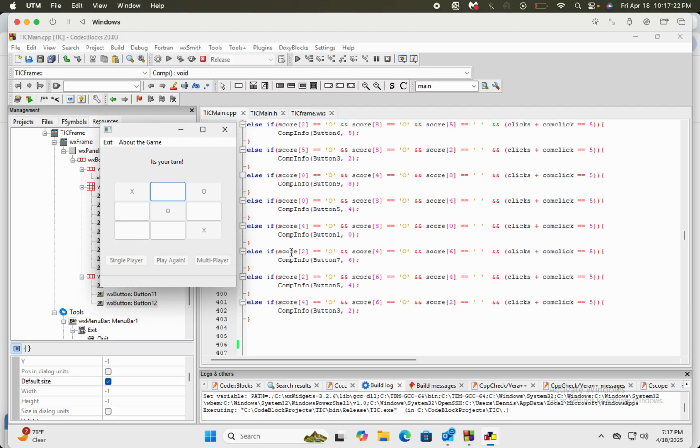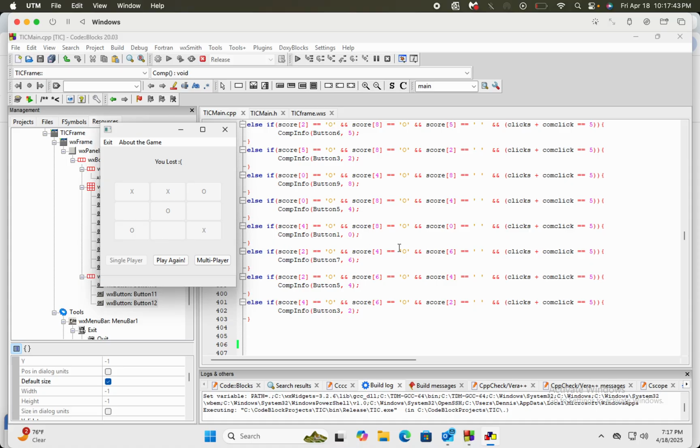Here, if score 2 is equal to O, and score 4 is equal to O, which is this combination, and score 6 has an open space, and the player doesn't go there, and let's say I go here,